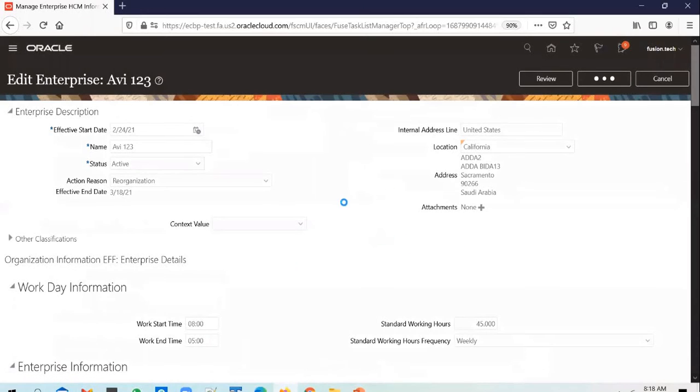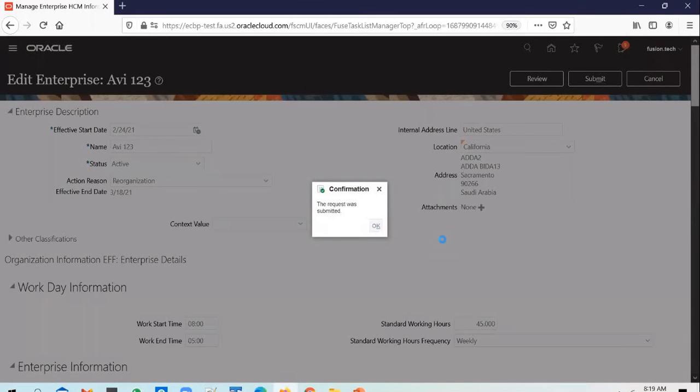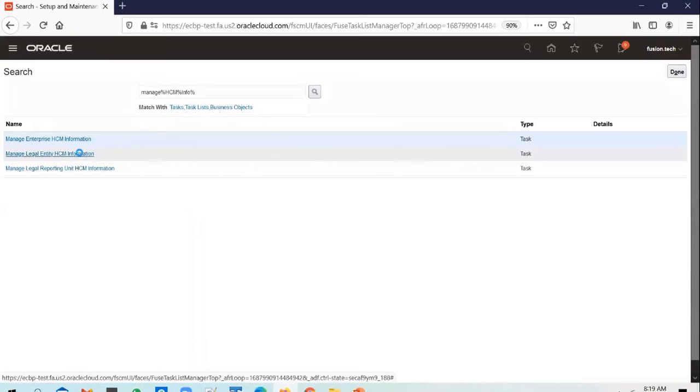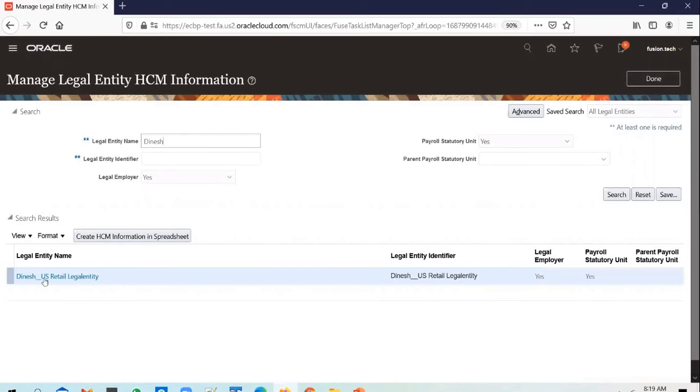And when you do it this way, it becomes applicable by default for all the legal entities. But if you want to overwrite it at a legal entity level, say for example, if you want to have a different people group flex field for any specific legal entity, you can overwrite it at legal entity level as well. So if you go back to a legal entity, you have an option to overwrite it here if you want. So say for example, I will use a specific legal entity, I will use this legal entity to hire an employee.